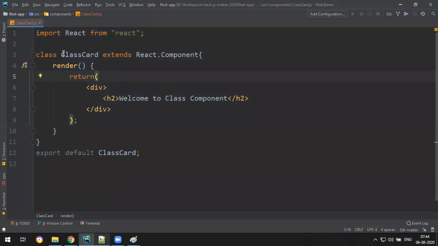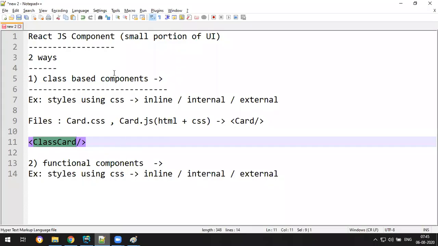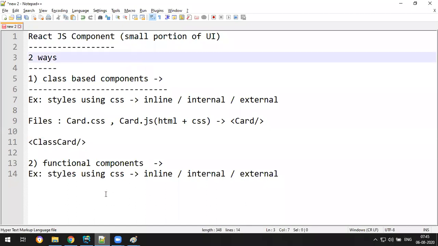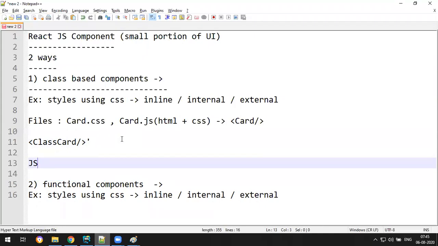Okay, general structure. You need to import React, and this class has to extend, it has to be a child class of the React component. In that you have a render function, which returns something, this one. So you have written JavaScript, and in that you have HTML. This is not actually HTML. This is actually React.js specific own language, called JSX. It looks like HTML, but there are small differences. I will tell you what differences there are.